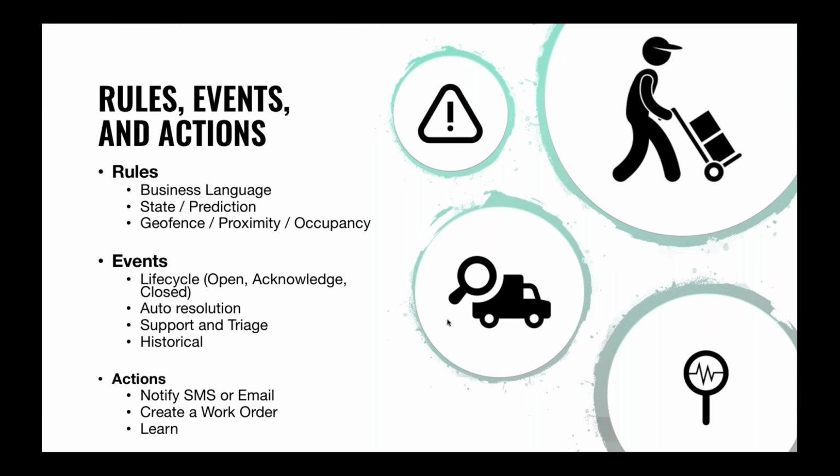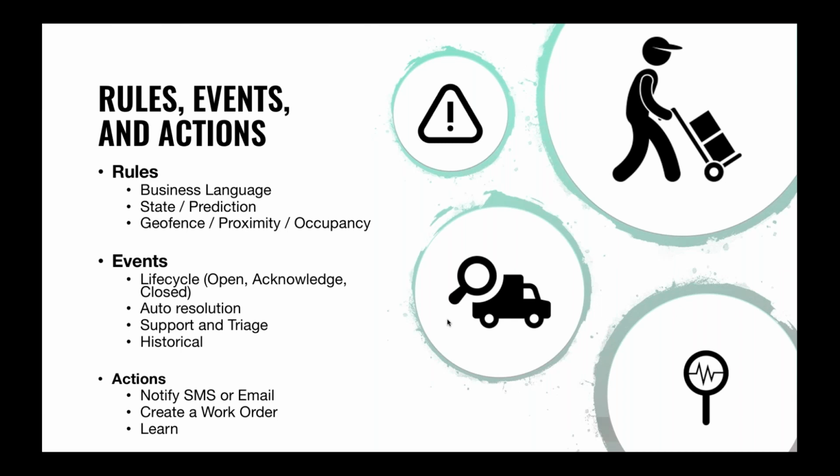That's a lot to support. Rules themselves, when they're satisfied, that's when we have an event. So an event is another element of asset monitoring. Events have life cycles. If we've used any sort of ticketing system, if we've ordered a Domino's pizza, we know